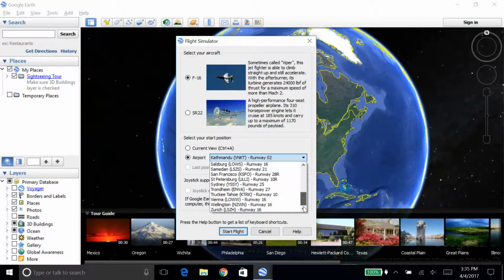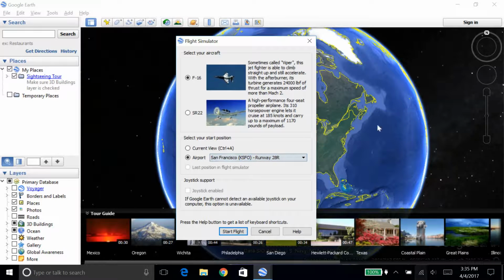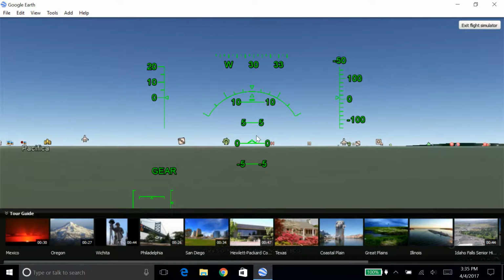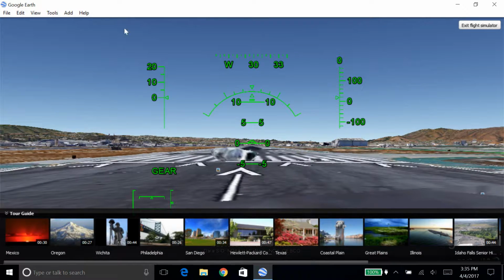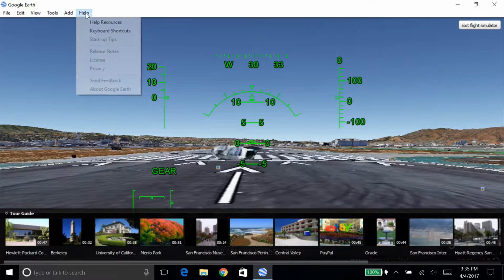There's, I don't know how many there are. There seems to be quite a few. I'm gonna do San Francisco SFO. And I'm going to start the flight. And it's kind of hard to figure out how to control it. So if you click Help,